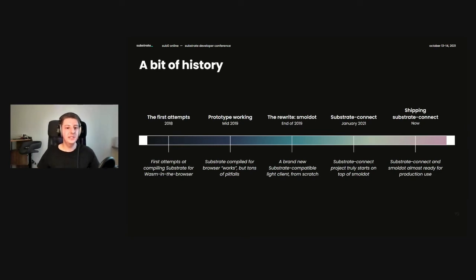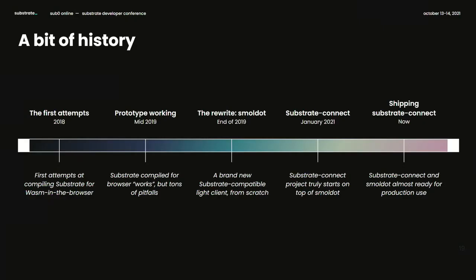A little bit of history. So if you've been following Parity, I've actually given 2 talks about this exact same topic in the past, but this time it's ready, whereas the previous talks were just about what we're going to work on in the future. We actually started in 2018 trying to compile Substrate itself for the browser, for WebAssembly in the browser. But